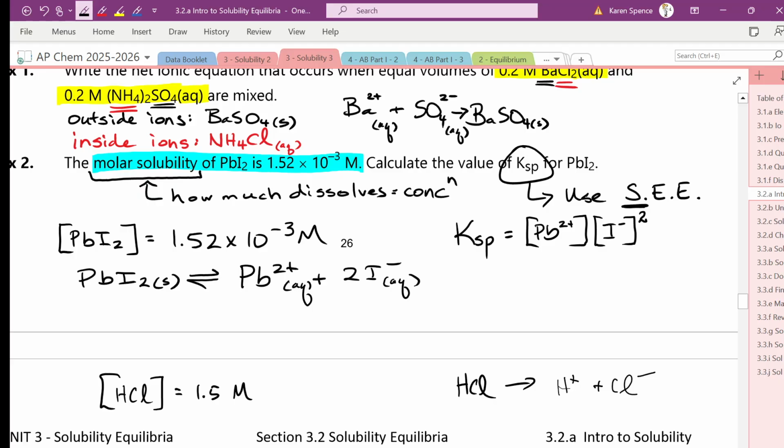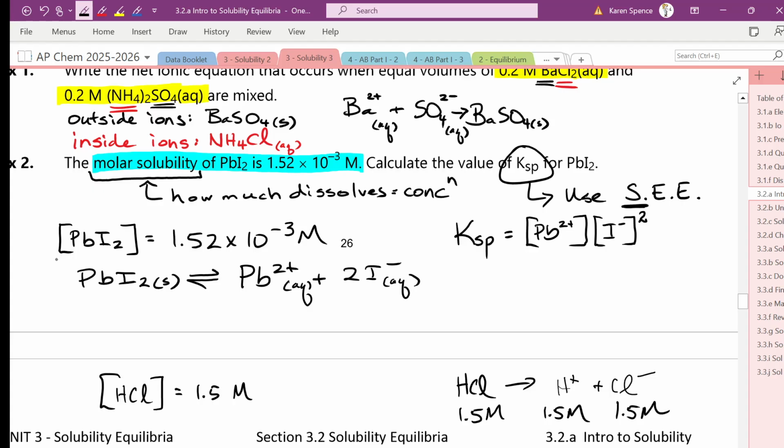If I told you the concentration of HCl was 1.5 molar, what is the concentration of H plus? 1.5 molar. And what is the concentration of Cl minus? 1.5 molar. Why is that? Because it's a strong acid and the stoichiometry is 1 to 1 to 1. Yes? Now,